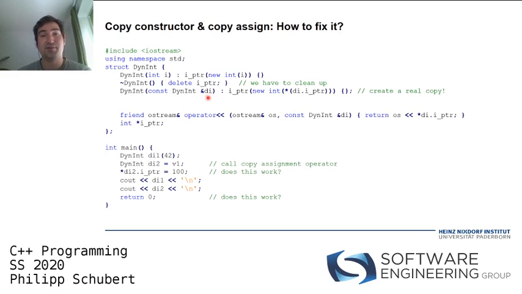And okay, what do we do? Now we need a deep copy. That means we also need a piece of heap memory, which is why we initialize the iptr member in the copy constructor with a newly allocated integer. So we also now in the copy constructor allocate something from the heap, namely a new integer. And this integer we initialize with the value of